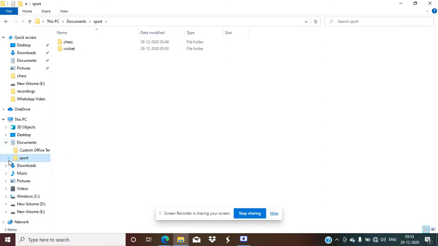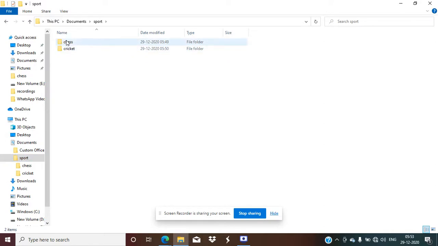If you click here on the arrow of the sports folder, you can find chess and cricket. This is the outline view of your folder list, where you can find which kind of folders are made in any specific folder.